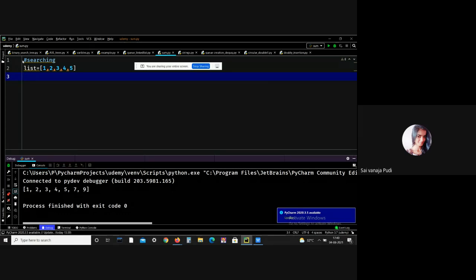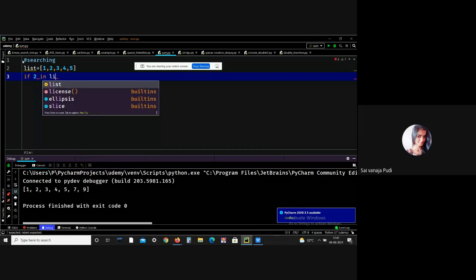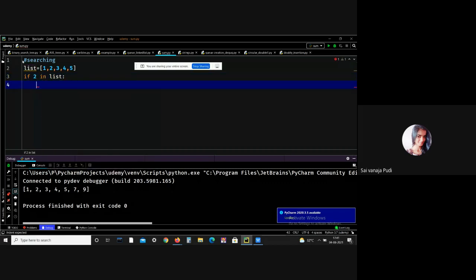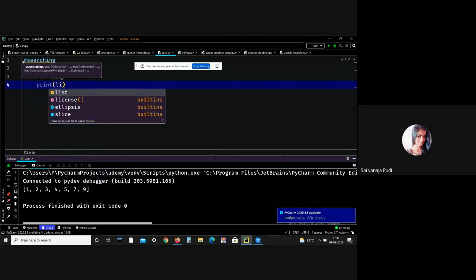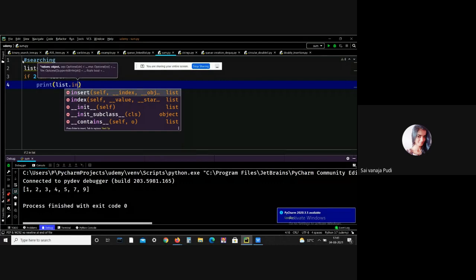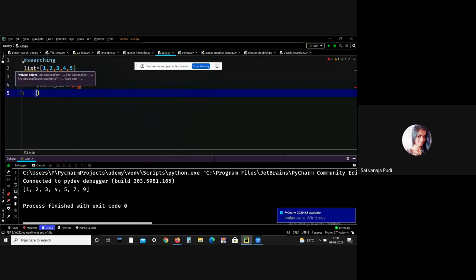If 2 in list, then I just want to print the index value, index of 2.